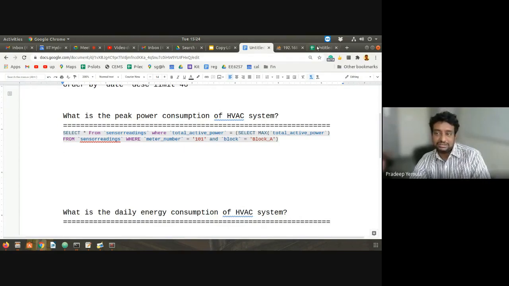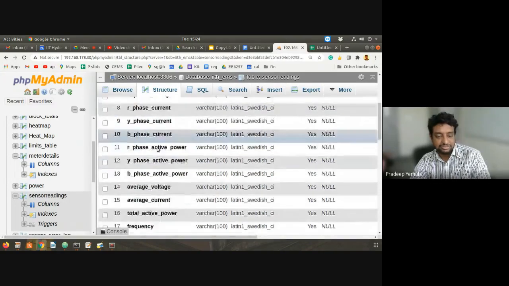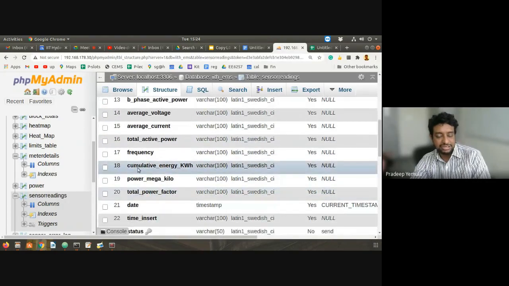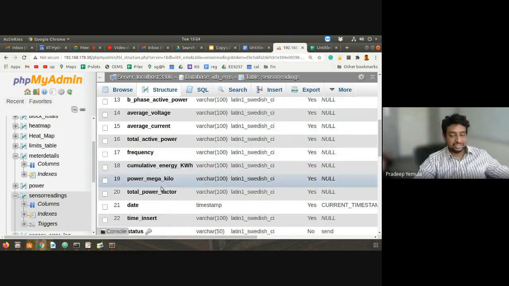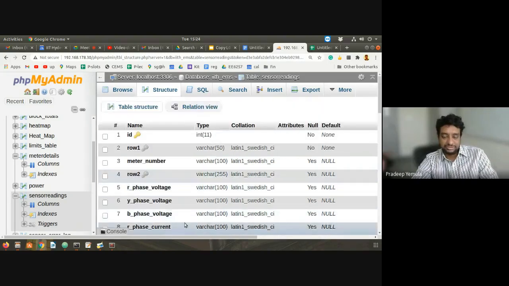Now if I go back and look at the structure, one of the columns we have is cumulative energy in kilowatt hour. What is the cumulative energy? That means the energy keeps accumulating. So if I look at the data on one day, and then look at the data on the other day, you will get it. Let me try that. The energy at the end of the date and the energy at the beginning of the date that I want. So I can go back to SQL